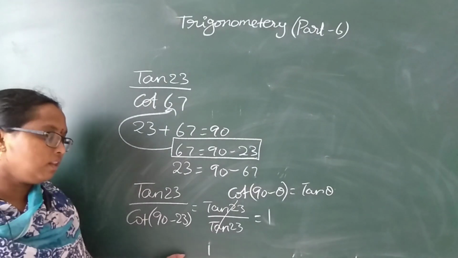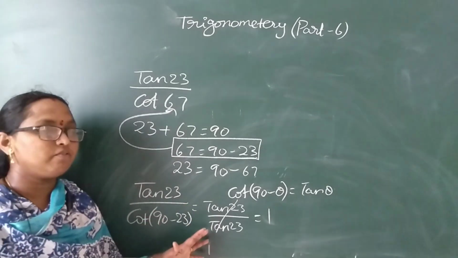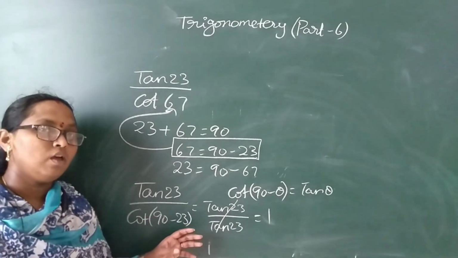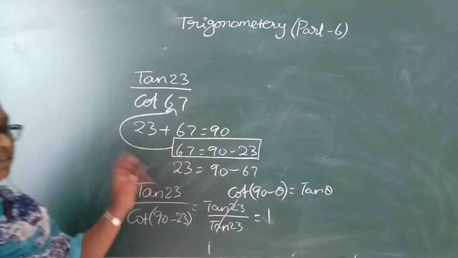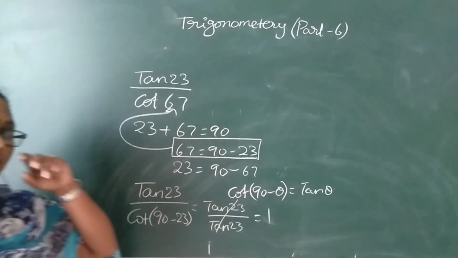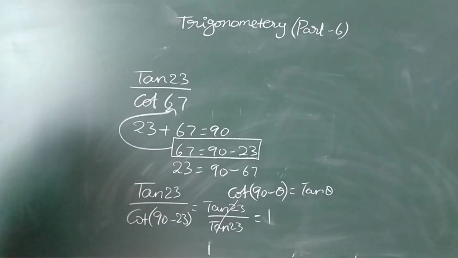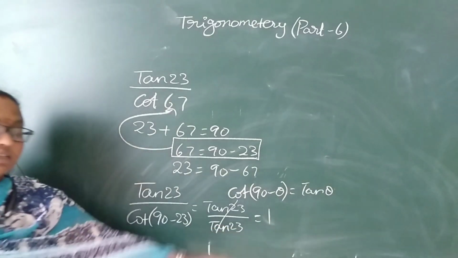The values will be there. So this is very easy and this is a most important concept that you will get in the board exam also for 1 mark. See, this is very simple to cancel. Like this, whenever it is there, finally it will equal 1. Numerator by denominator, if complementary angles are given, almost 99% of the problems will give 1 as the answer.